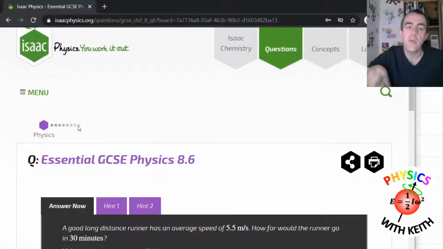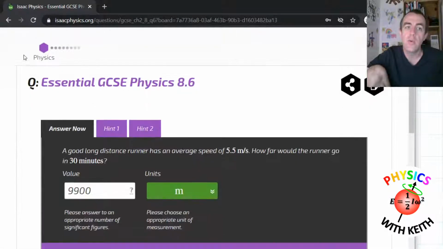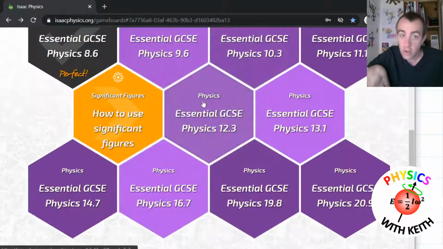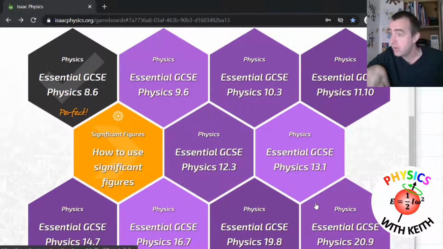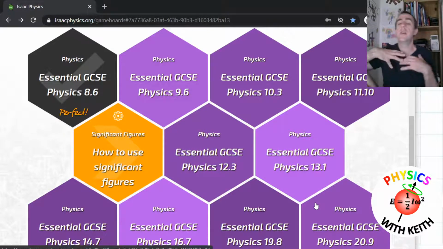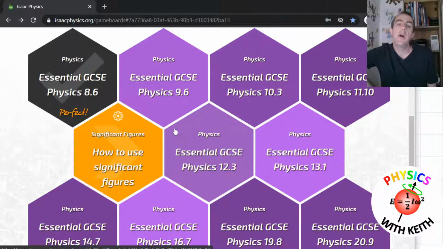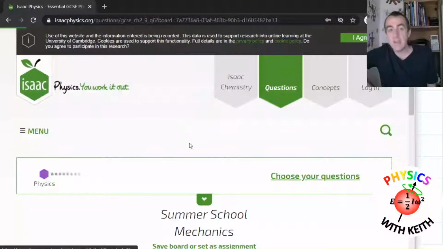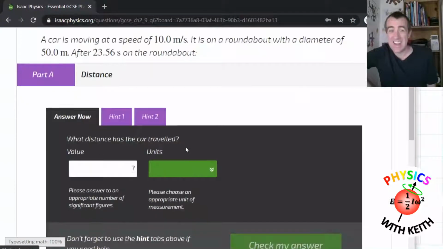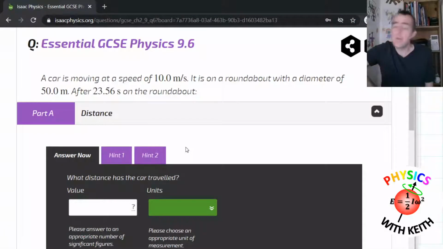As you go through the questions one by one, you'll find out which questions you can do and which ones you can't. I will know which ones you've tried and managed and which ones you've tried and not managed, and that will help me with my planning of each week. If you find one that you can't get right, you can keep trying it again and again. There's no limit to how many times you can try it. The only limit really is how long you're willing to spend on it.